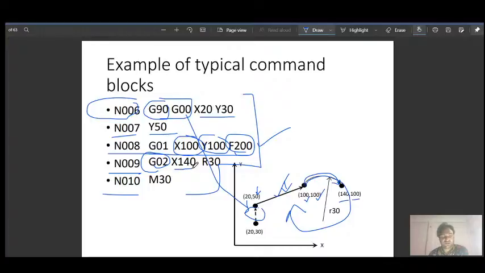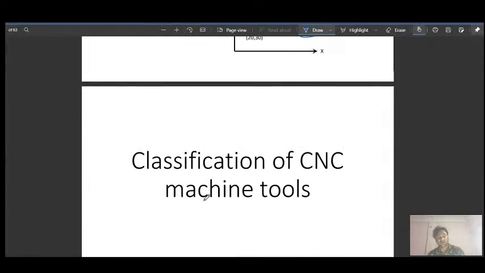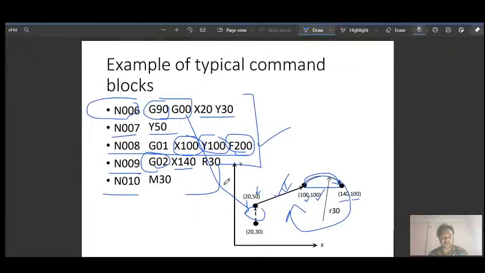So x 140, and since y is the same for both cases, you don't need to mention the y value. Sometimes we can also supply the radius it has to follow. So it will follow this radius, taking R30, and then M30: machine stop, spindle stop.